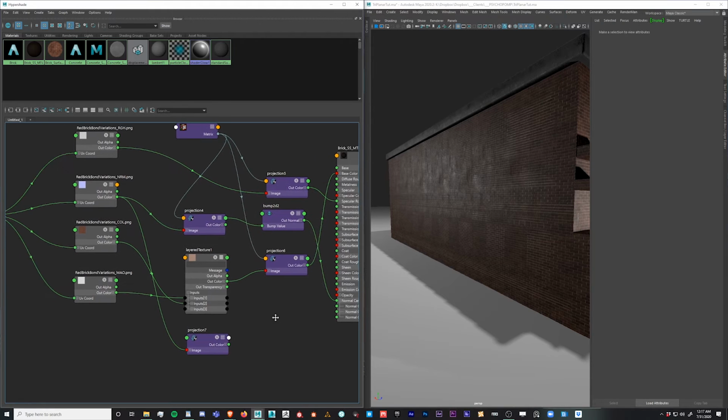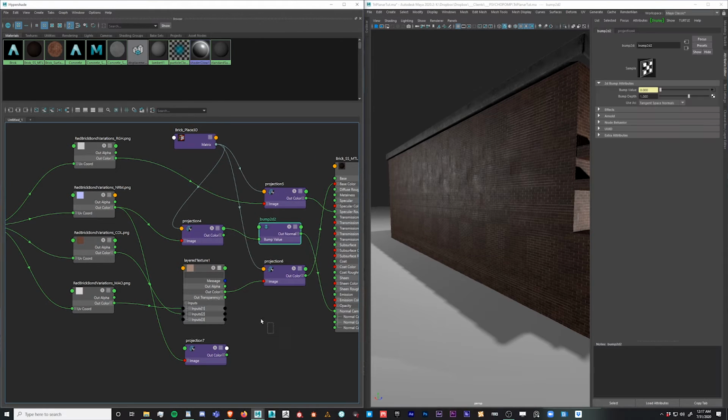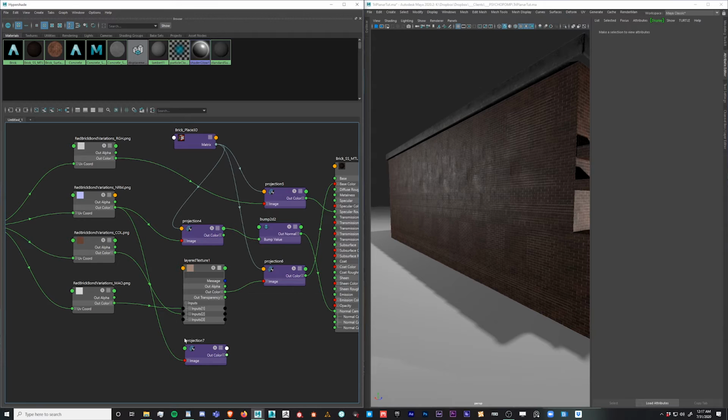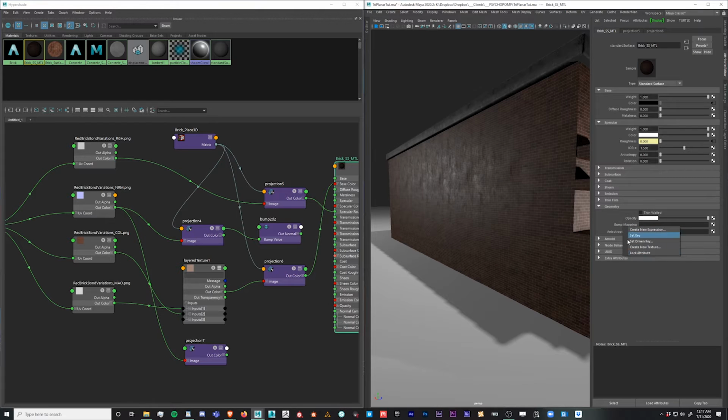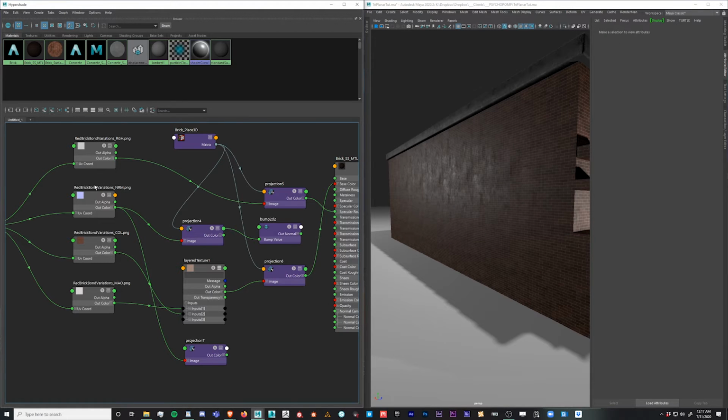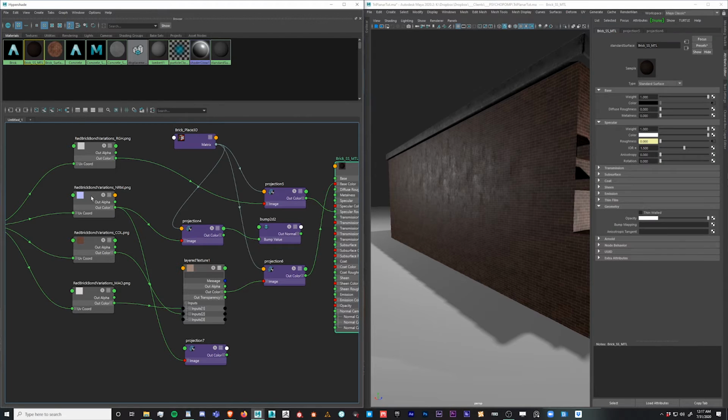Now that doesn't always play nice, but that's the gist of it. So in this case, we need to take this normal map, and we need to pipe it into this bump mapping channel under the geometry group. So I'm going to go ahead and break connection on this, right click, break connection, and I'm going to drag and drop this normal map with the material selected, middle mouse drag, drop onto bump mapping. You can see the slot highlight,